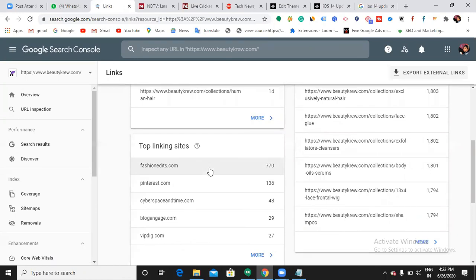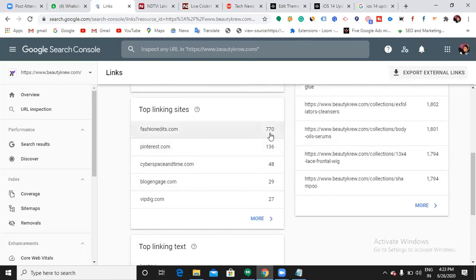So at that time, you will be understanding. So what are these links and how are we going to get links from other websites to our website? These websites have a link to beautycrew.com. Yes, these websites gave a link to beautycrew.com. Normally we can happily give an external link, right? So just as we give a link to an external website, those people gave a link back to our website.